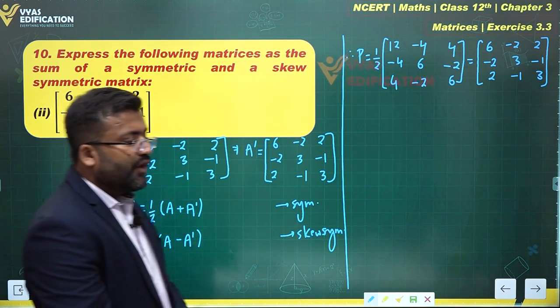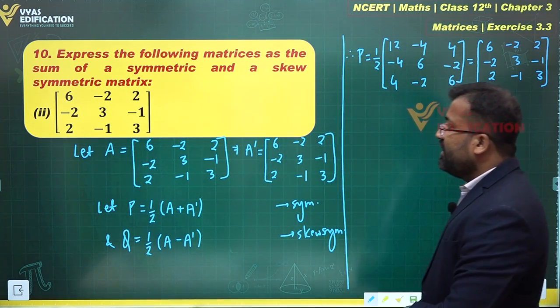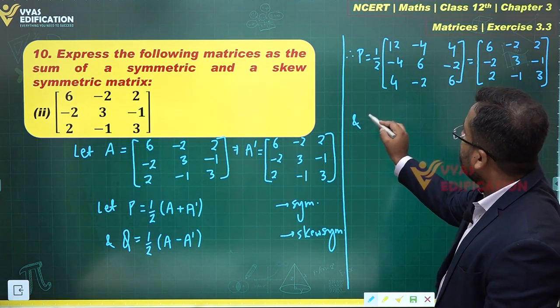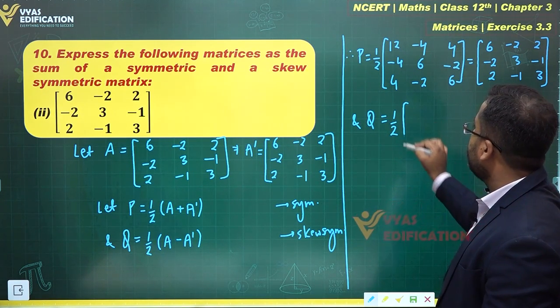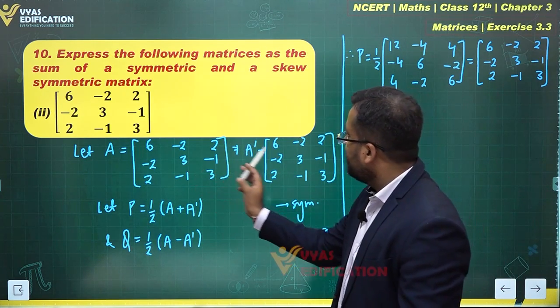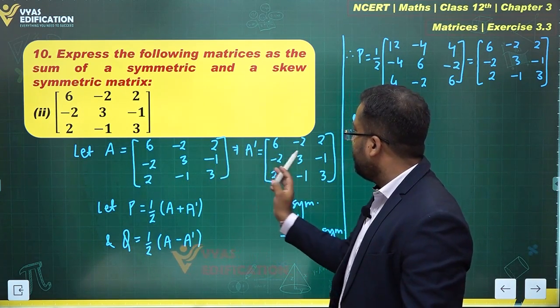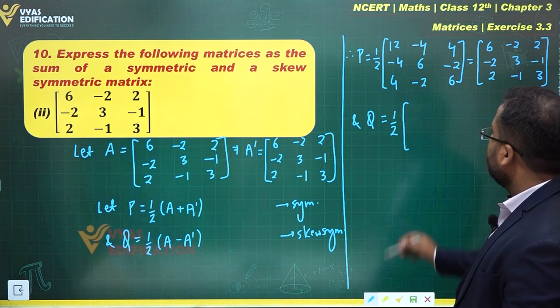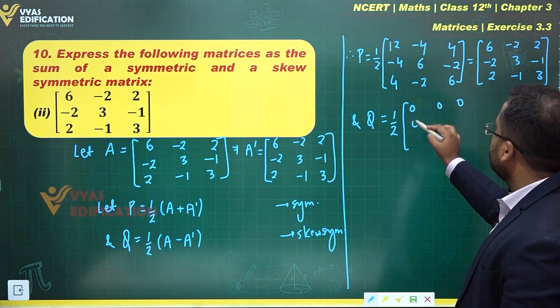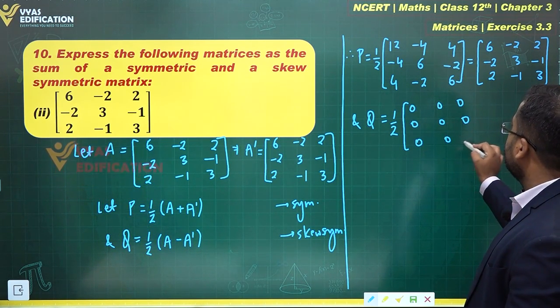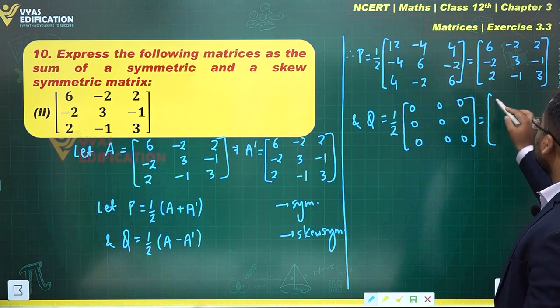What about Q? If you find Q over here, Q would come out to be a null matrix. And Q equals half of A minus A. What is that? 6 minus 6 is 0, minus 2, everything gets cancelled. Can you observe that everything gets cancelled? This becomes 0, 0, 0, 0, 0, 0, 0, 0, 0. That's a null matrix, and which is equal to